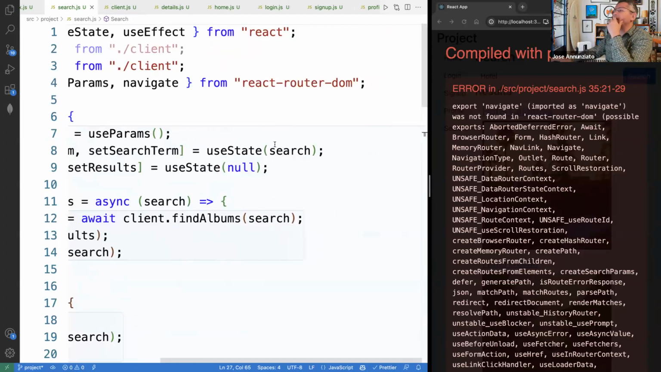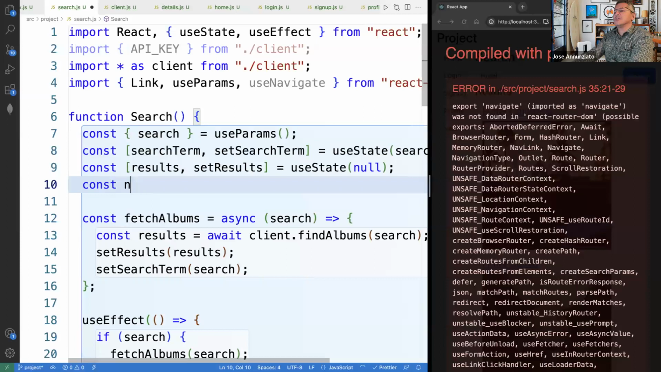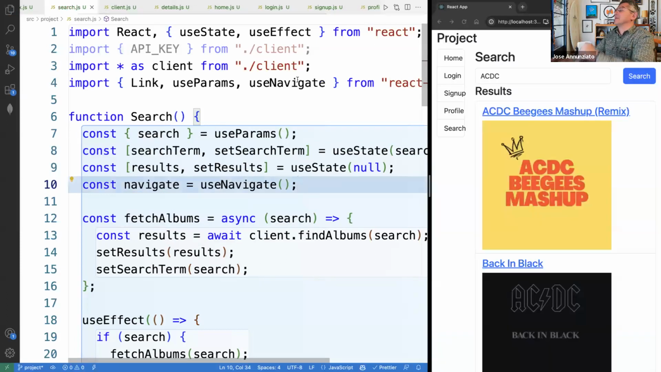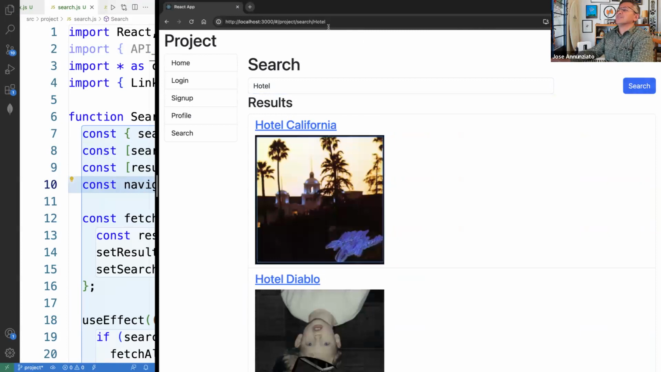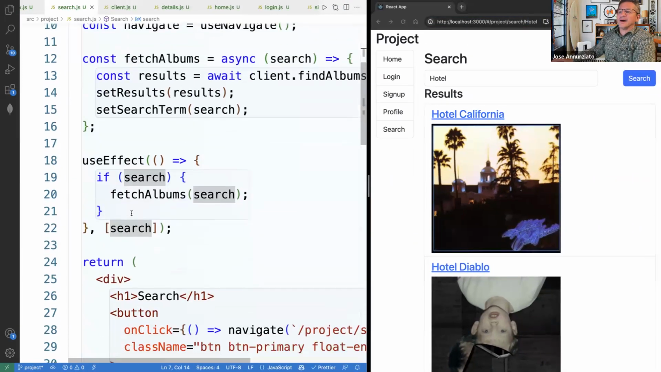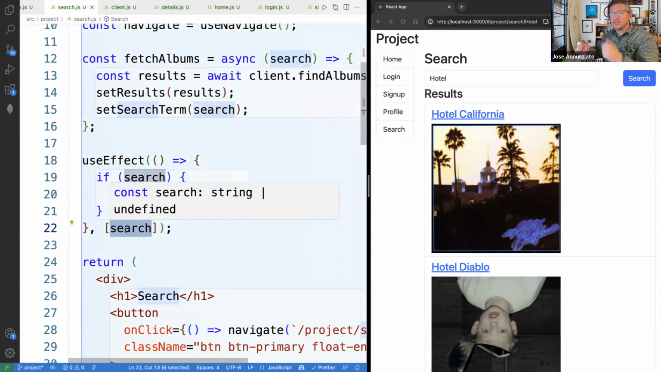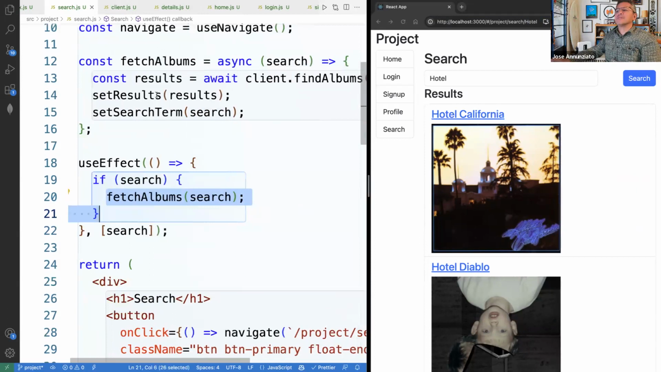Navigate is imported as navigate. Okay, no, sorry, it's useNavigate, right? And then we can instantiate it: const navigate = useNavigate(), like that. There we go. Now if I do hotel and say search, notice that it updates the URL, and the URL is parsed by the search. This captures it as having changed, and then it calls fetch albums, which fetches from the server, then sends the results, and then updates the